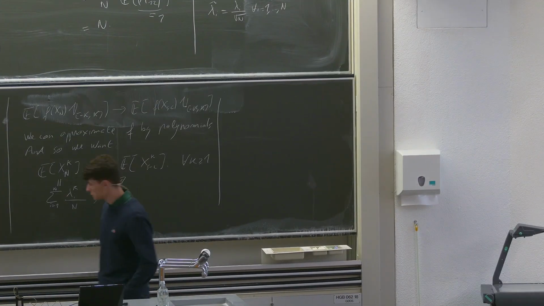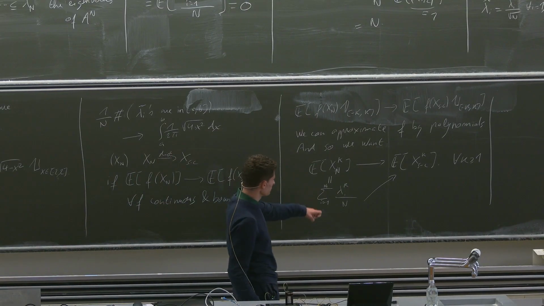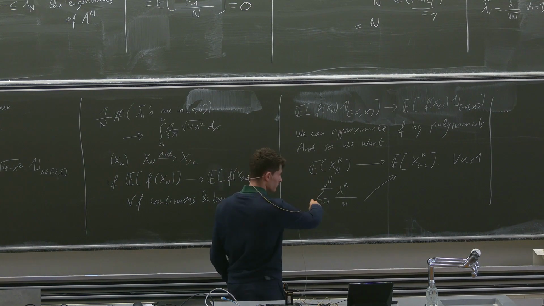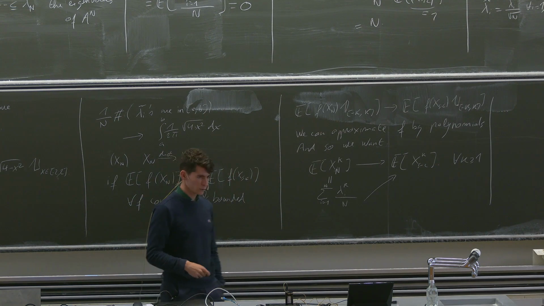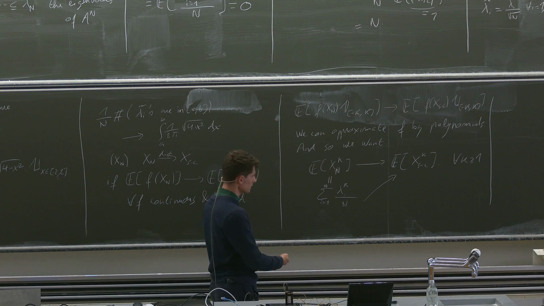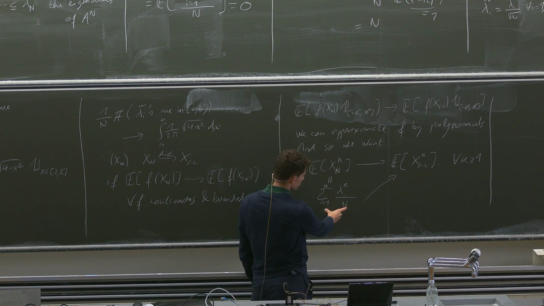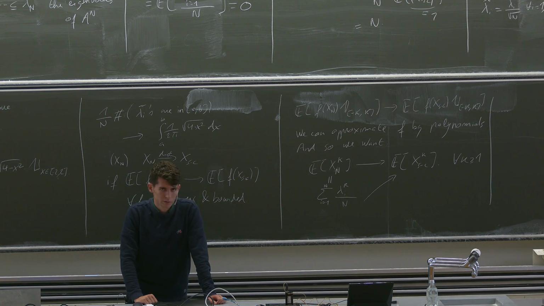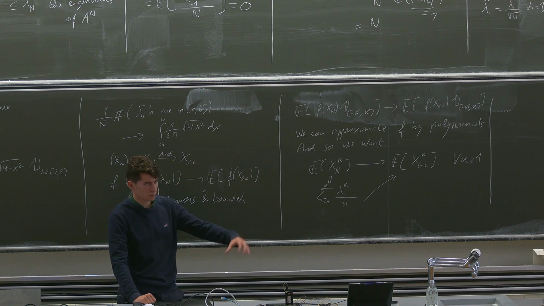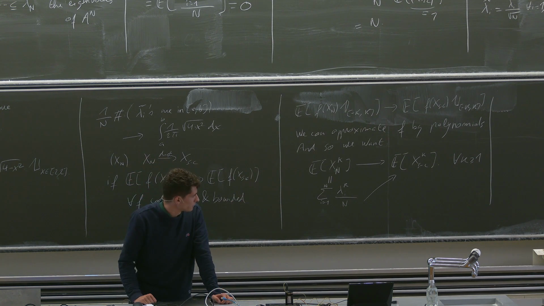But now what I'm going to do is not exactly this, because you don't have much control on this quantity, but I can look at the expectation of this quantity. A result which I'm not going to state, but it's actually true, is that this quantity will be very close to its expectation. And why is that true? Because in probability, if you look at a lot of random variables or in very high dimensions,